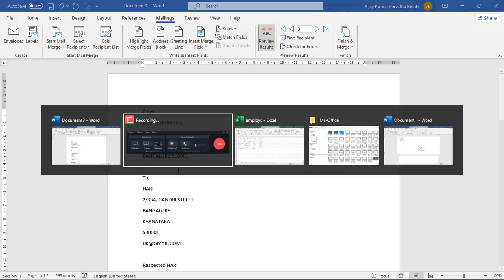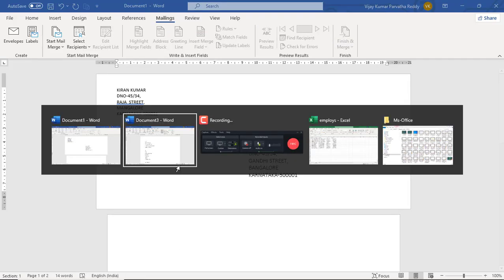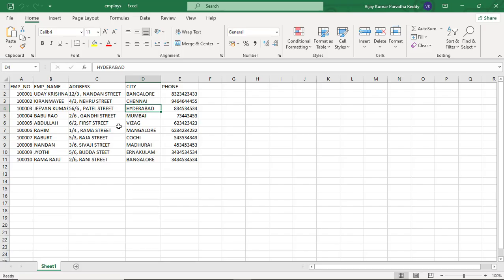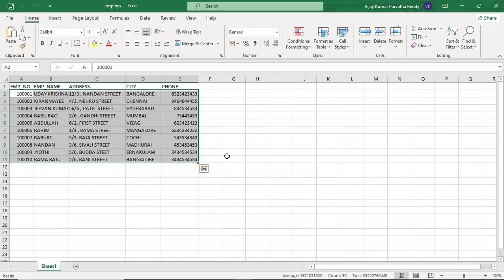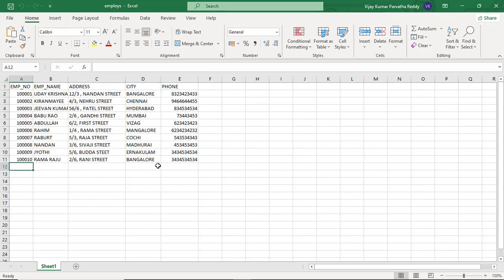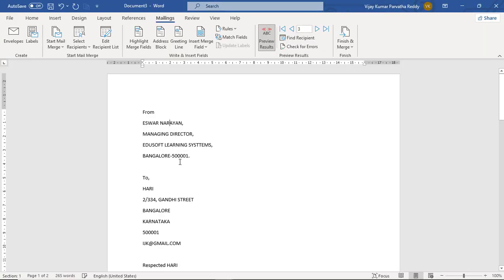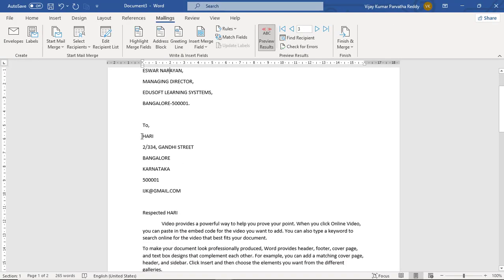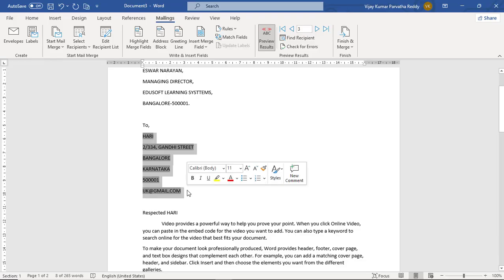See, this is the model you generated right now, but here I have employees in Excel. Using these details I want to generate. I am already having some data. So using these 10 members, I want to generate letters to them. So for that, what you have to do, again you go and suppose here I am removing all these fields,